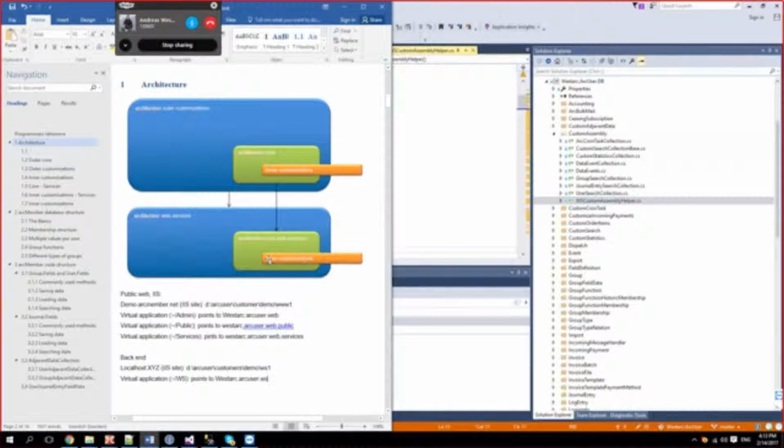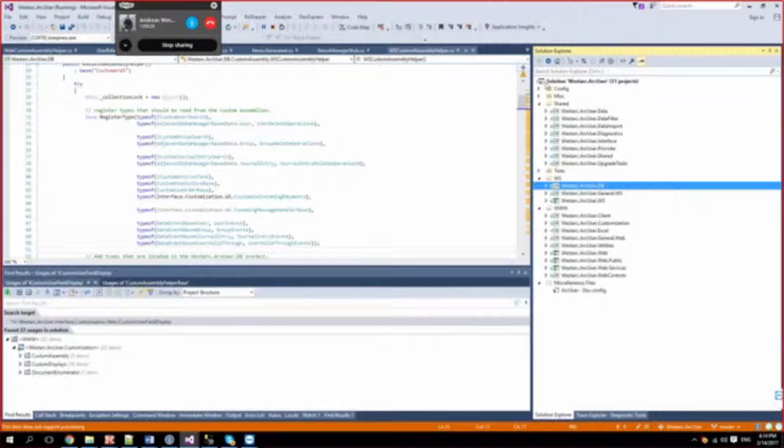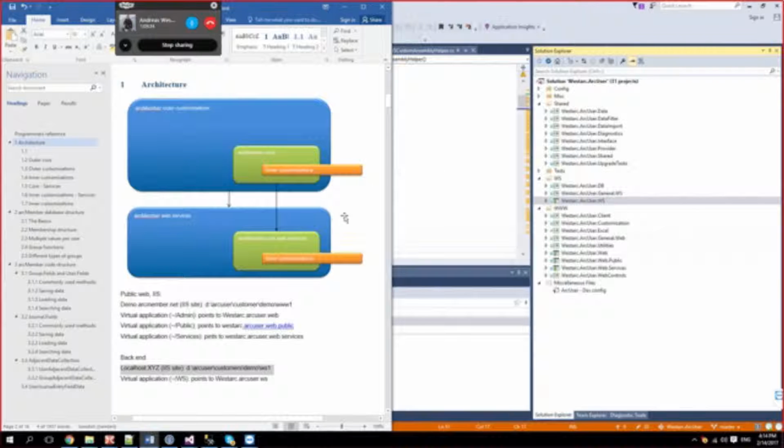This enables us to pick up modules that are located back here. We've talked about the blue box in here. That is the localhost website that points to the customer backend website, web service, that is, sorry. The green box is a virtual application that points to this project with all the WCFs.